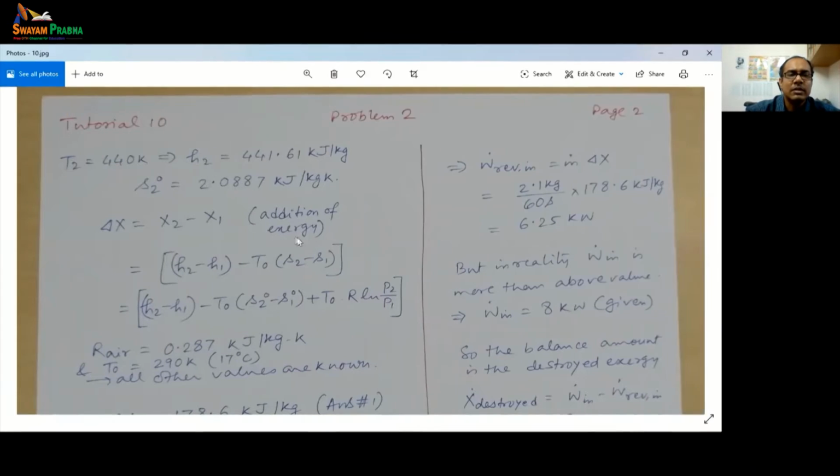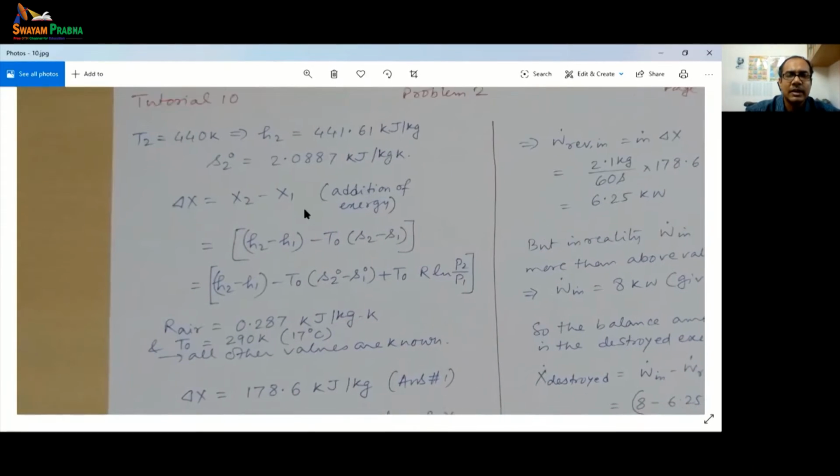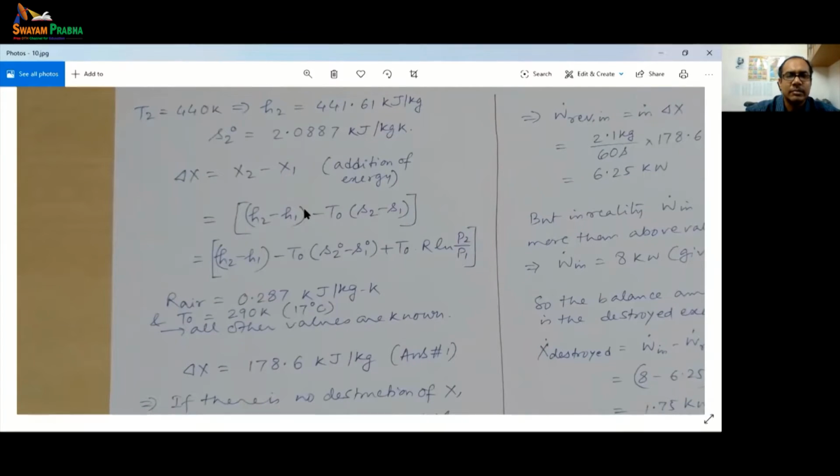So if we find the exergy balance equation, delta X of the system is nothing but X2 minus X1. So X2 minus X1, with the definition of exergy, you can write it as H2 minus H1 minus T naught